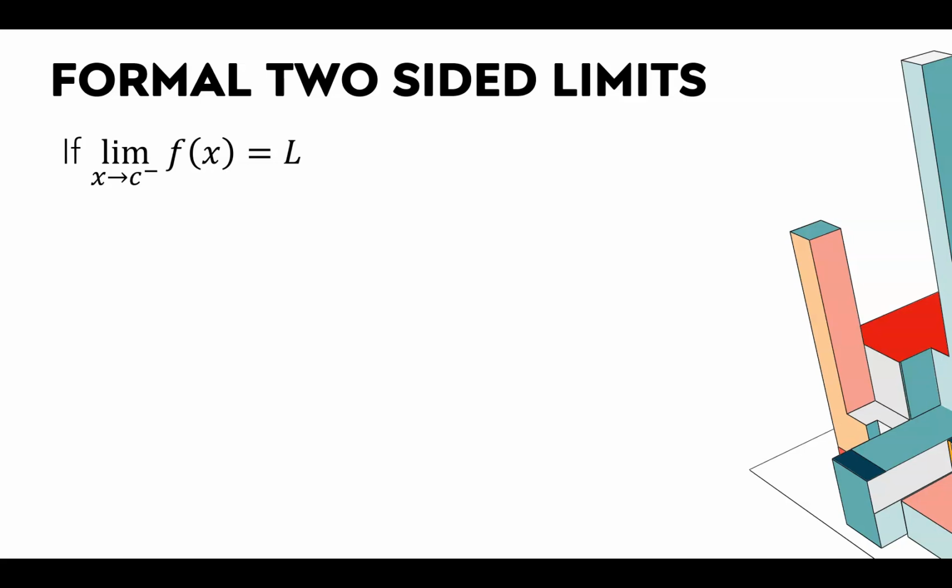So if you're asked, hey, does this limit exist? You're being asked to use the formal definition of when a limit exists, and that's this. And so I'm going to relate it back to what we just wrote. The limit as x approaches c from the left of f of x is equal to, well, it says capital L, but that's like L for limit. But what that really means is some number. Okay? So like we did just now, the limit as x approaches 3 from the left, that 3 is kind of like that constant that we're filling in,